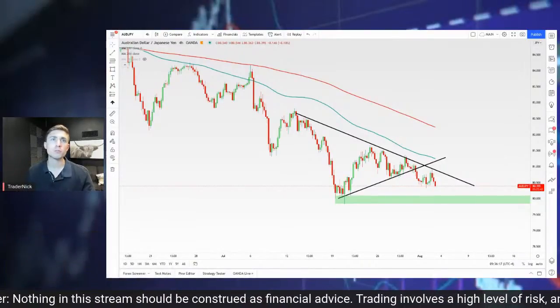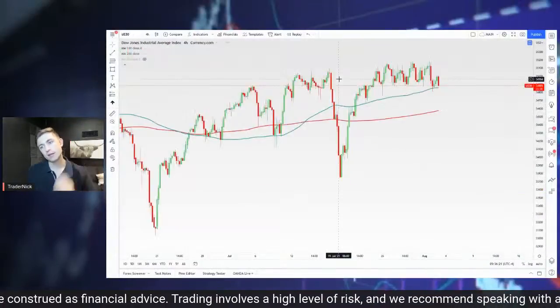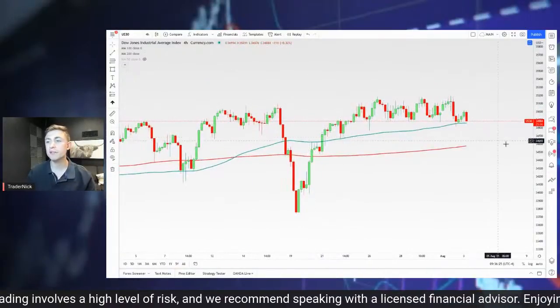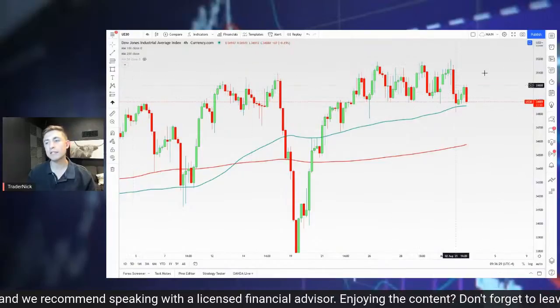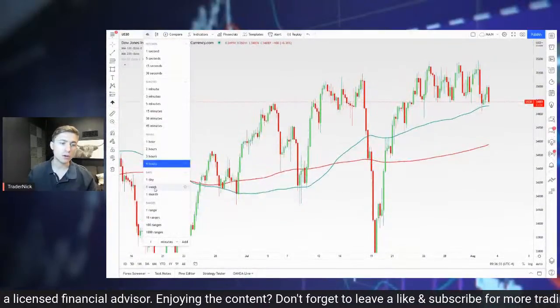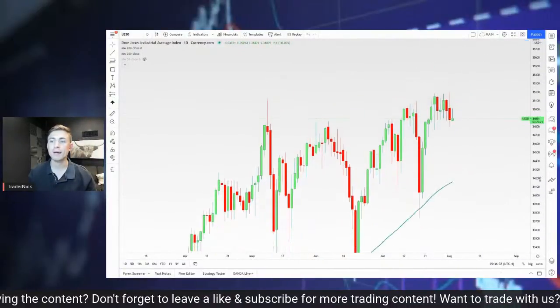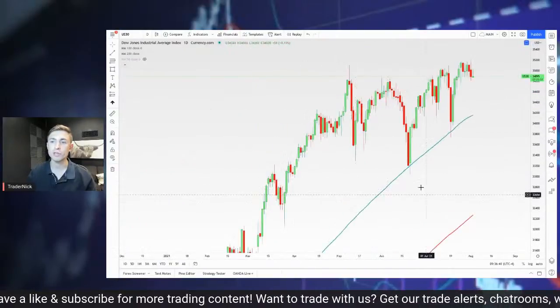US 30? Sure. We'll take a look at US 30. Why not? US 30 here. US 30 selling off a little bit here, a little bit of fear on the market side. You can see we chopped around for quite a bit there, still maintaining the overall uptrend, especially after that recent dip. You can see, not much hesitation there from the bulls to just right on push this thing back up. So it does seem like bulls are around the corner on every dip here for the